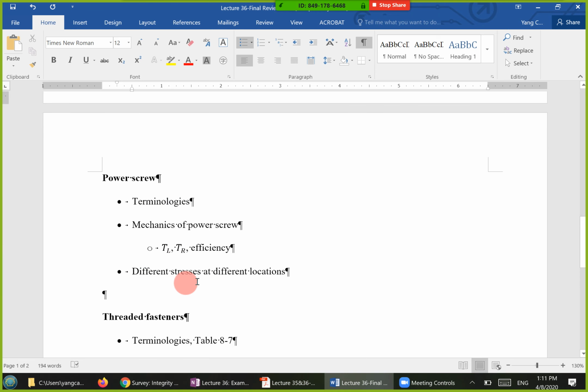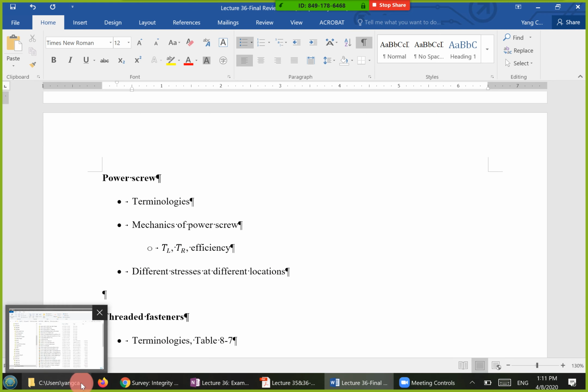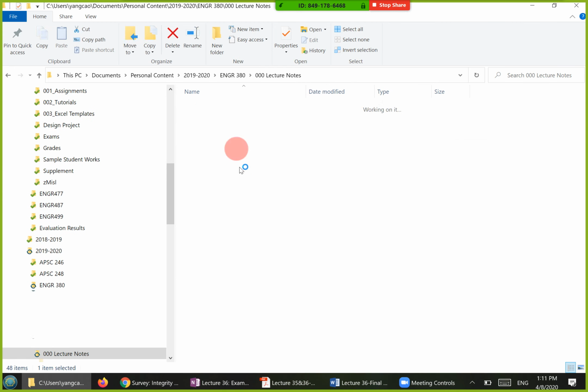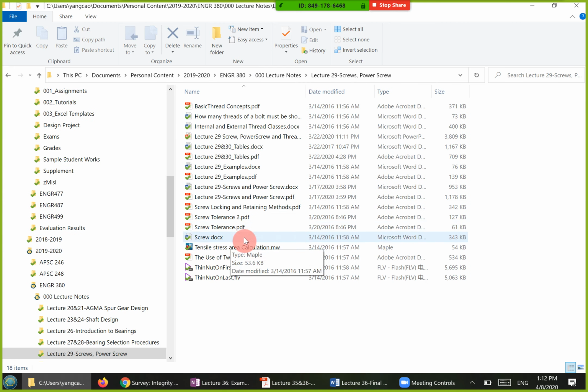We also looked at the different stresses at different locations. Now, as I said, in this part of the exam I do not need you to remember all of the formulas for the different stresses, but I do need you to be able to identify the type of stress at different locations. So take a look at the